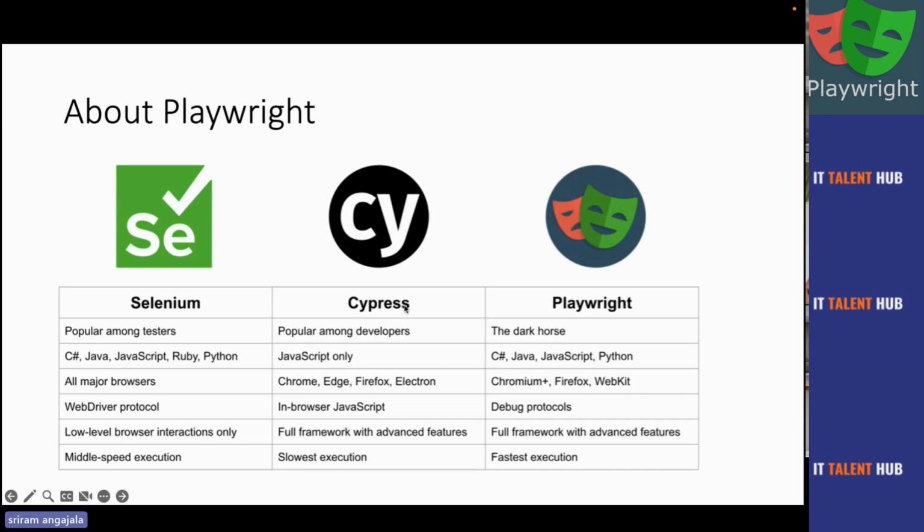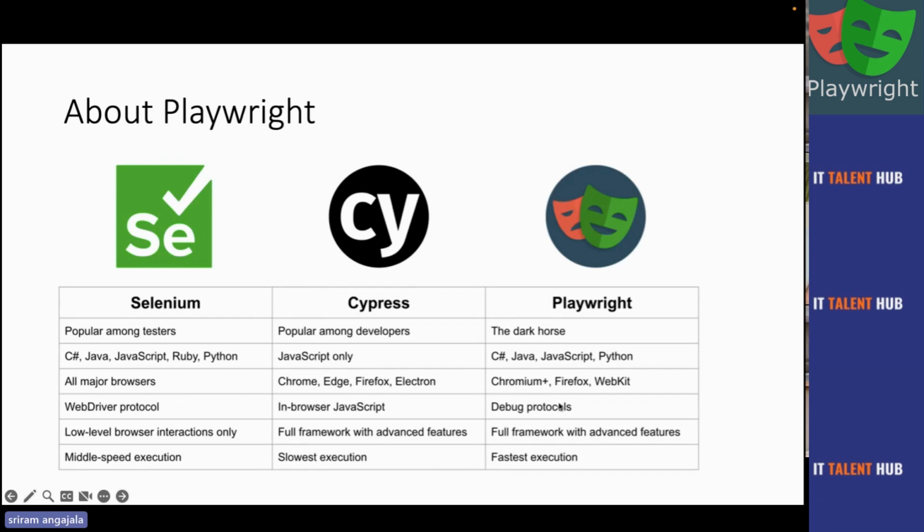It is not like Cypress, which doesn't have a company. Selenium also doesn't have a company, but Playwright has a company. So who is giving Playwright? Microsoft is backing Playwright. So you are in a very good state, and development will happen so fast. It's not like the open source community, where you have an issue and one developer somewhere in Malaysia needs to fix it. It is a team of people at Microsoft helping with this.